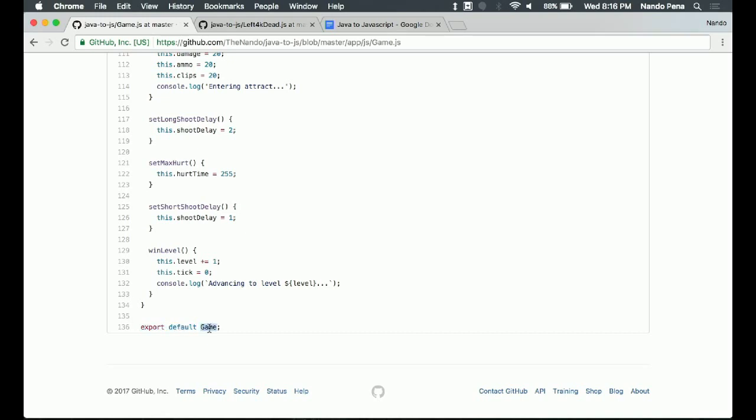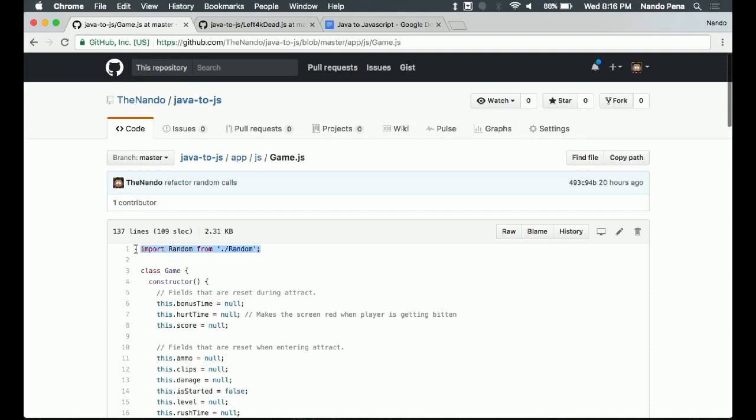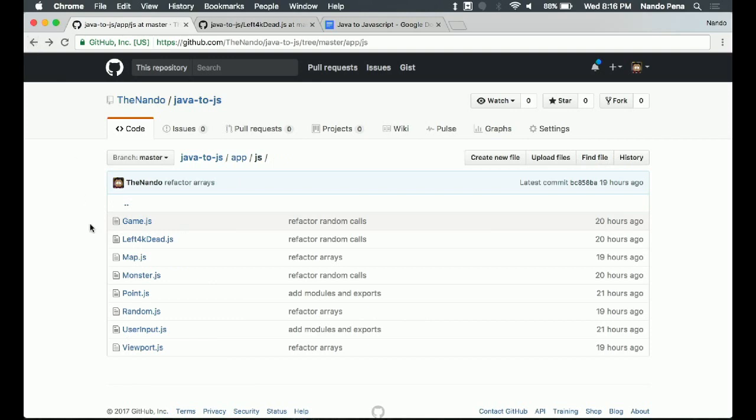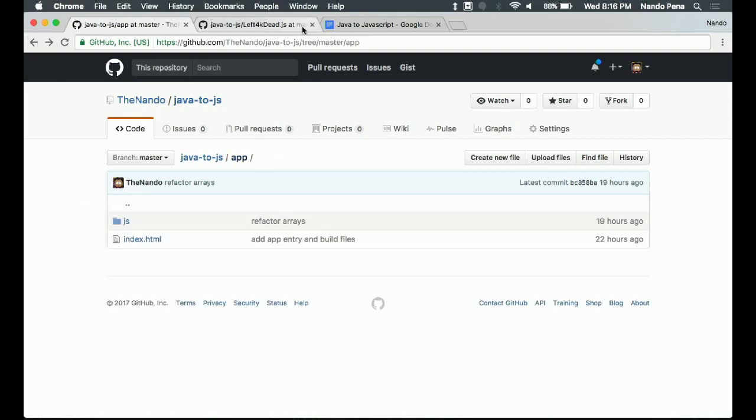So that is the line of code that right now Webpack needs, and in the future any browser that supports this import syntax needs to know what you're exporting to make this a module, and then anyone else can import that inside any other class or any other module. So it makes it real simple to just stitch all these things together. It's the equivalent of what you already have in your Java.